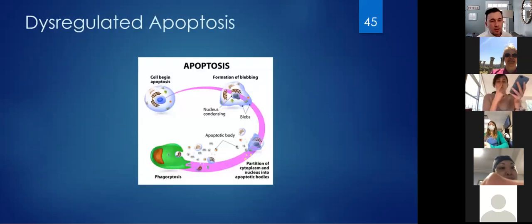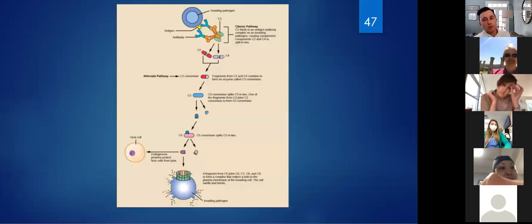Here's our apoptosis cartoon again. Now, what I didn't mention the first time we went through it, for these fragments, which are all cellular remnants of these healthy cells that have broken down, for these to be consumed by the macrophages, they have to be covered in the complement system. If we go back to our complement system, the problem in lupus is that there are multiple deficiencies or mutations in the complement system, specifically C1, C2, and C4.